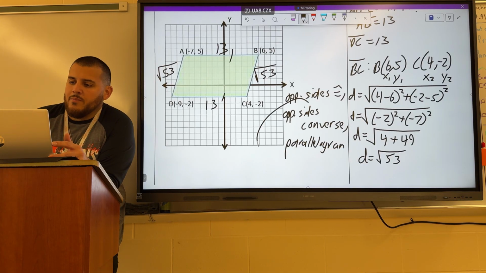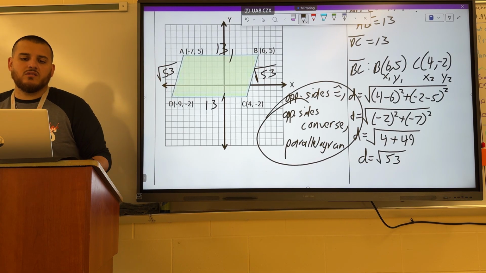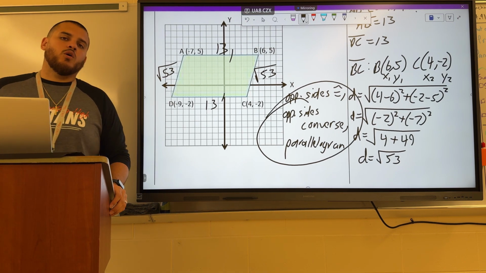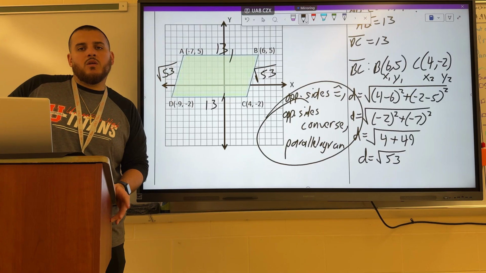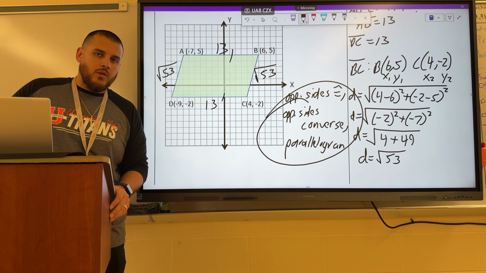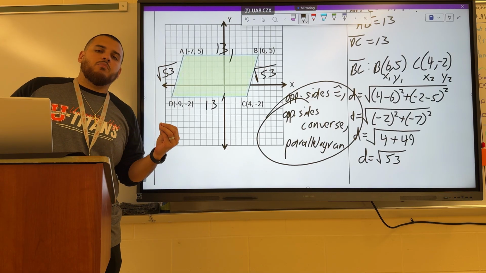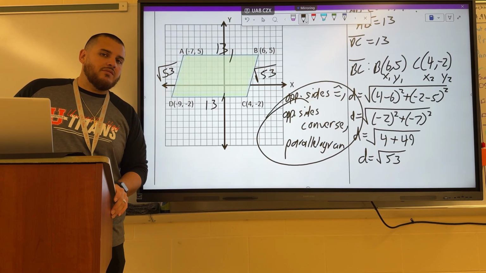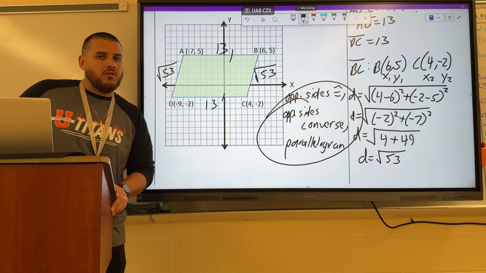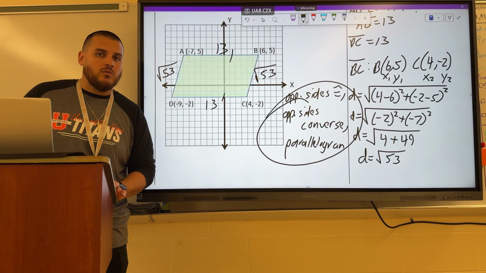Now, some of you might be saying, why would I use the distance formula? It seems like the other ways were quicker. And I agree, a slope formula and a midpoint formula are probably quicker to use than a distance formula. However, the challenge here is that parallelograms are not the only shapes we're going to have to prove on the coordinate plane. There's other four-sided shapes we're going to be learning about in this unit that have their own unique